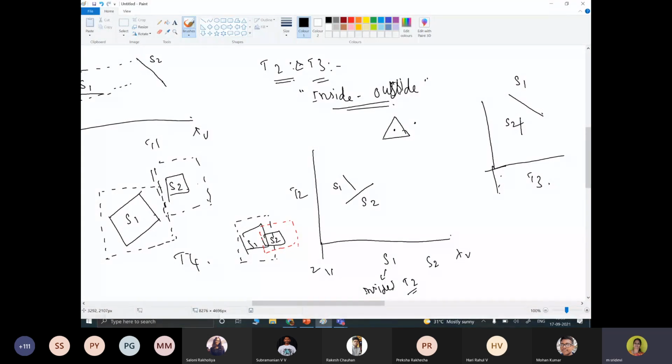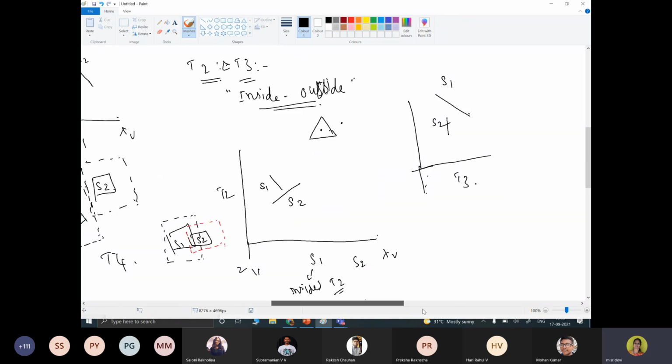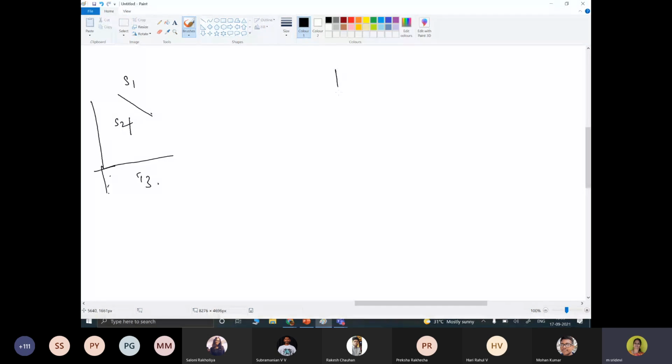If these 4 tests fail, then there is no need for reordering. We can keep it as such, else we need to reorder based on the cases. So how are we going to reorder it? S and S dash, we have some example.